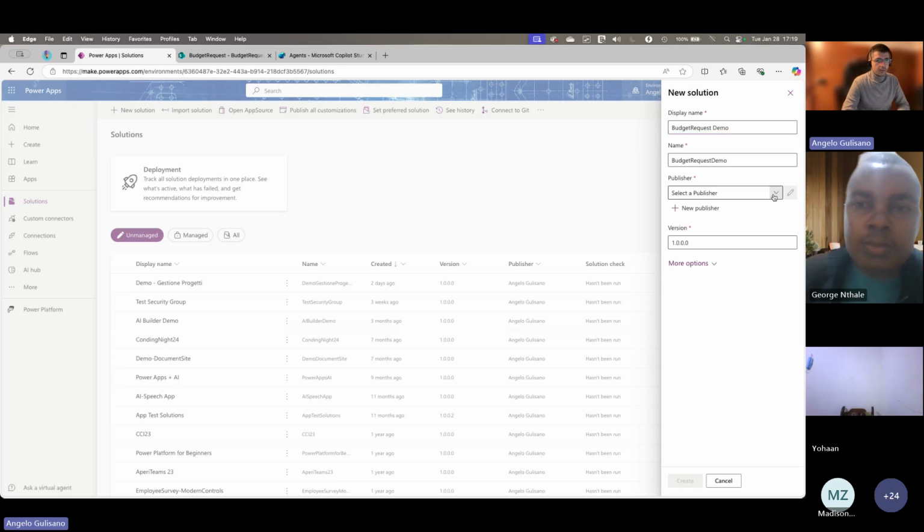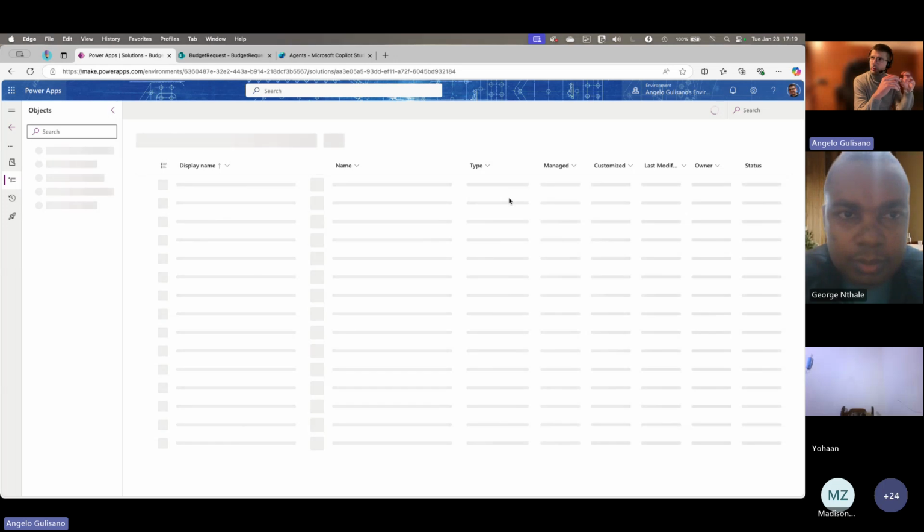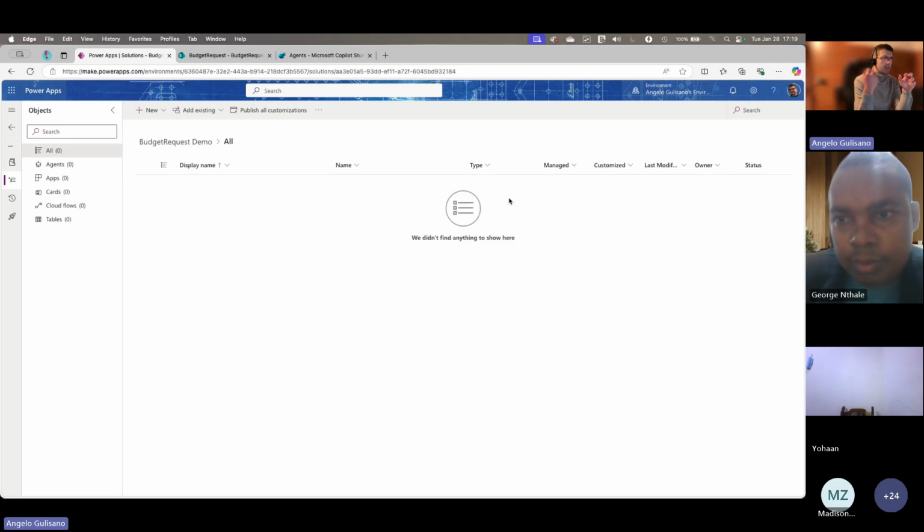Budget request demo. And I'm going to create a solution. Solution is, I don't know in English, is our box where we can store all objects around our solution. So we can create agent, apps, flow, all together inside our solution.